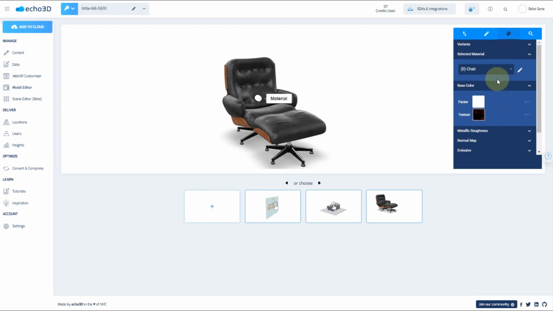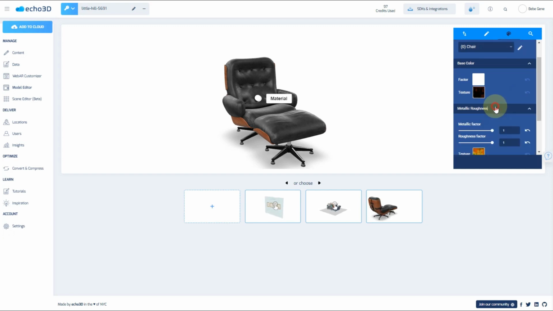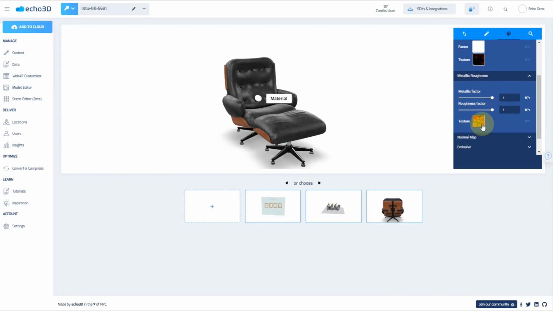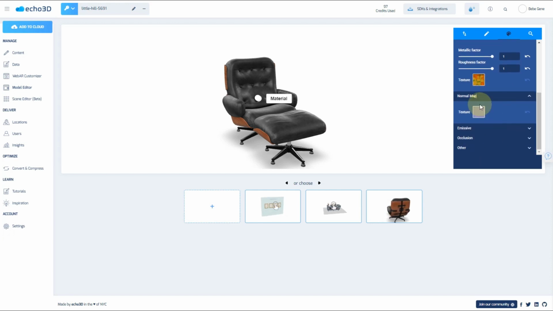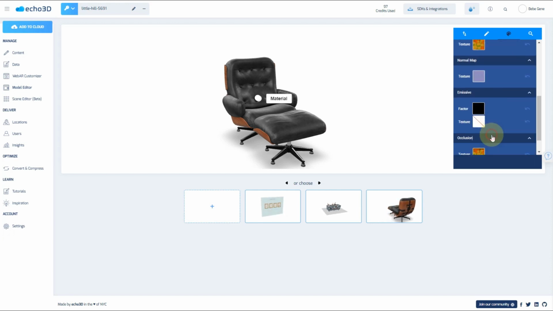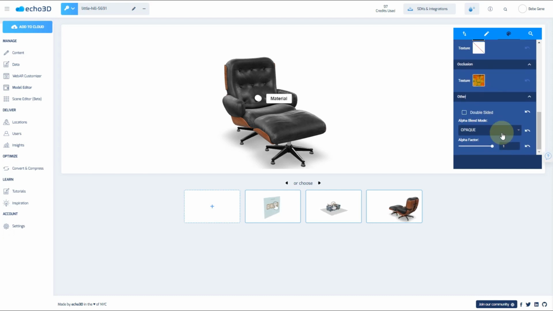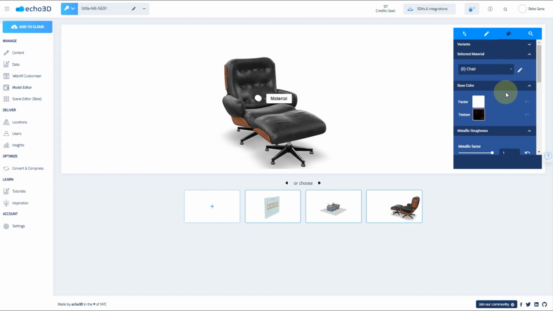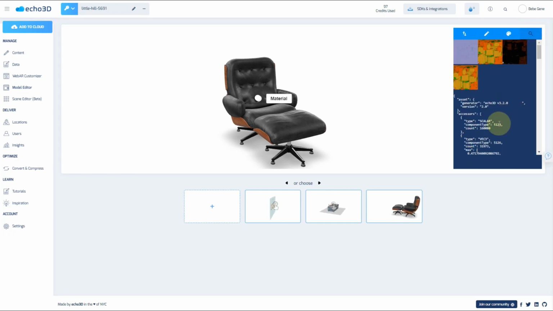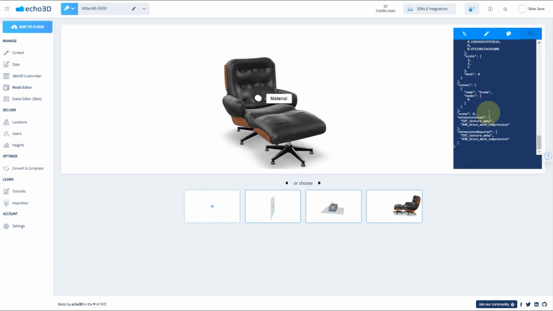Over here, you have the palette where you can modify the materials. And for all of the different components, because there's only one part, there's only going to be one that shows up. But if there are multiple components, you'll be able to edit all those here. So here you can mess with the metallic roughness of the object, the roughness factor. That looks pretty cool. And here it'll pull in the embedded textures. And if you wanted to mess with the normal map, emissive, occlusion, whatever other features you have, as long as they're available on the model, you can modify them here. And then over here, if you wanted the JSON raw data, we give that to you as well.